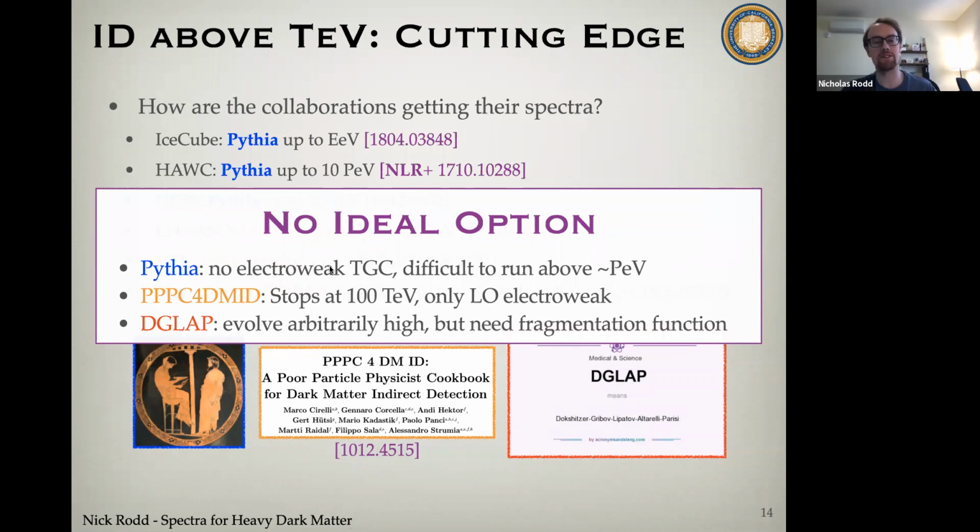PPPC has a number of the issues that Pythia had, but also practically it just wasn't tabulated above 100 TeV. But there are some nice aspects of this DGLAP approach I mentioned at the end. In particular, you can evolve this arbitrarily high. You're not keeping track of all the angular correlations, which is essentially wasted information for our purposes. But one shortcoming of what's been done so far is that it's only pure QCD DGLAP. We know that the electroweak effects can be important, and so we need some way of incorporating that into the calculation. But there's something very attractive about the fact that we can evolve arbitrarily high, at least in principle. Of course, the theoretical errors associated with doing so need to be considered.